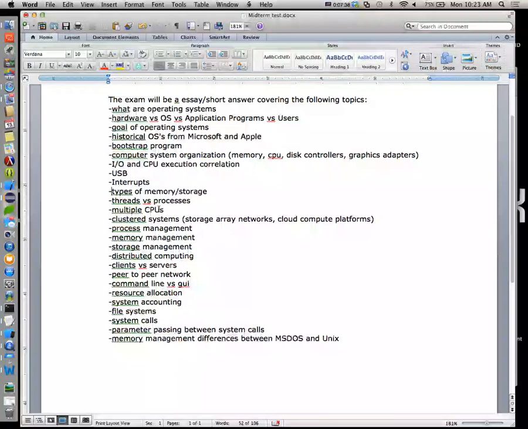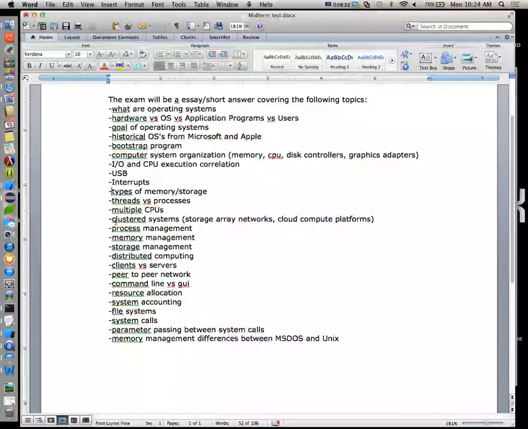Multiple CPUs, kind of the idea, maybe even the history of that, when we had two physical CPUs, then we got into single core. When we moved from multiple single core CPUs to dual core and even quad core CPUs. Even the discussion may be along the lines of, are more cores always faster? So certain problems benefit from having more than one worker on those problems at once. Other problems do not. Kind of goes back to our whole, how many so-and-sos does it take to change a light bulb? Whoever can change the light bulb individually the fastest is going to win that race, regardless of how many slow people you have trying to change one light bulb.